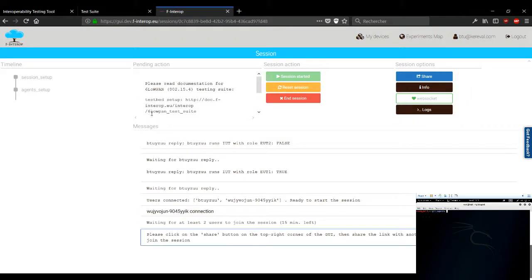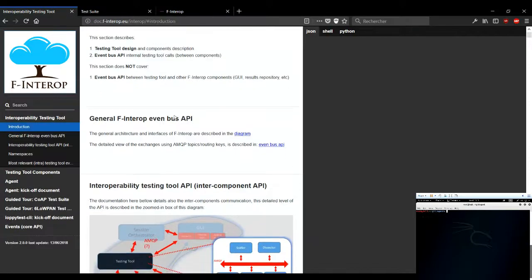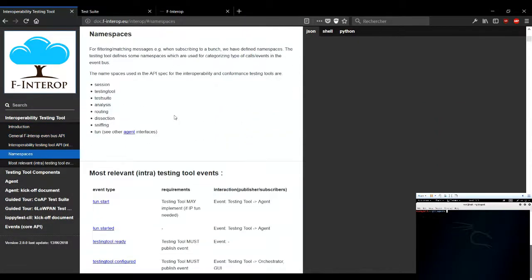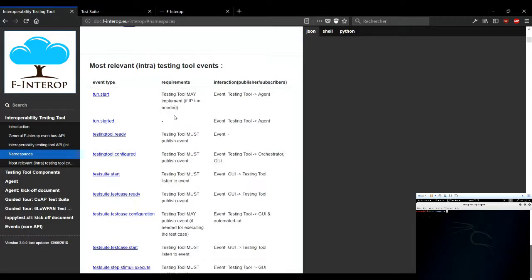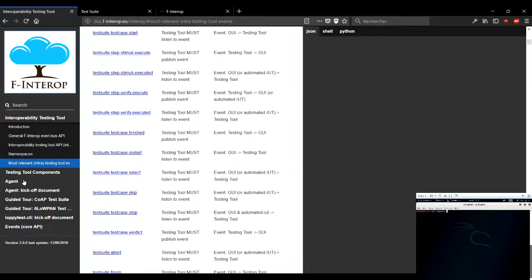Then we will ask the user to take notice of the documentation, and I advise you to do the same if you are interested in the Inventor app. The documentation will show you all the information you need to know about how the platform is made, how it works, what its architecture is, and also how to use it.